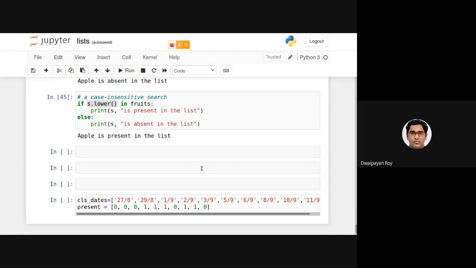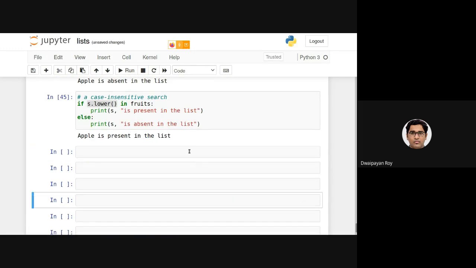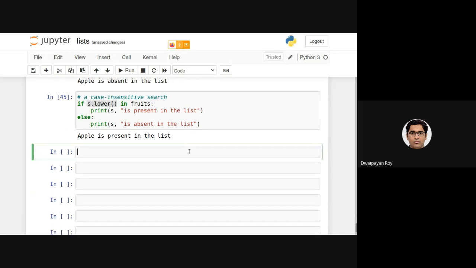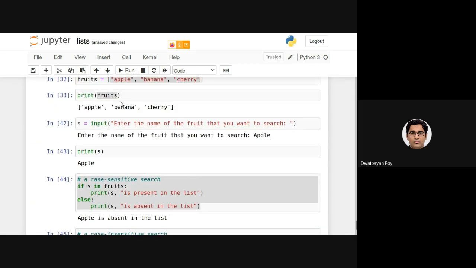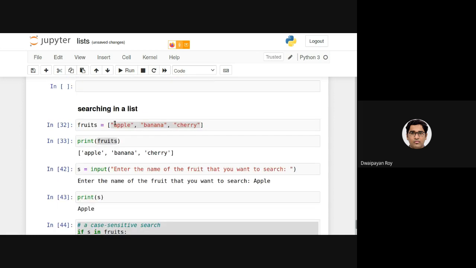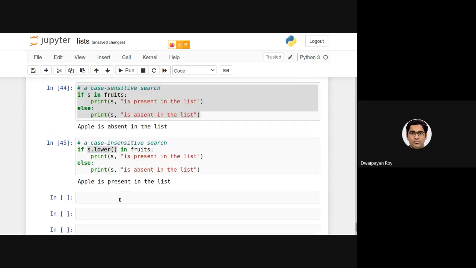So can someone say how can we make it a completely case insensitive search? First of all, we need to convert this list into all small. I mean, we have hard coded it, but we don't know. Say it can contain 100,000 strings, and by eye, it's hard to ensure that all of them are in small letters. So what we can do is iterate over